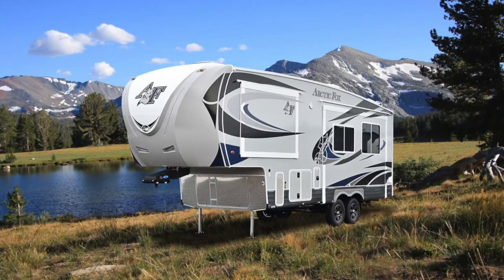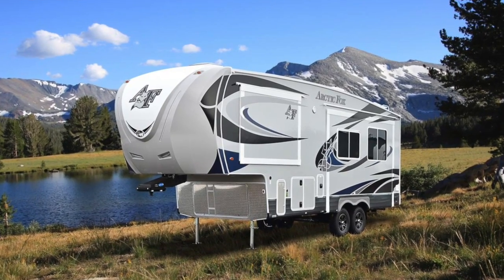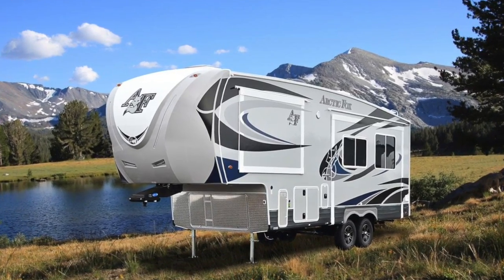But it did have great storage underneath on that one, because the host sits on the bed rails, not actually in the bed. So underneath where the bed of the truck is, there's a huge sliding storage area. So the final choice of the top three we've narrowed it down to, the last one is the Arctic Fox